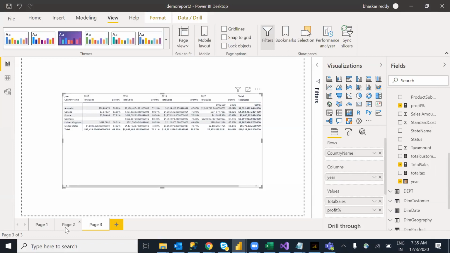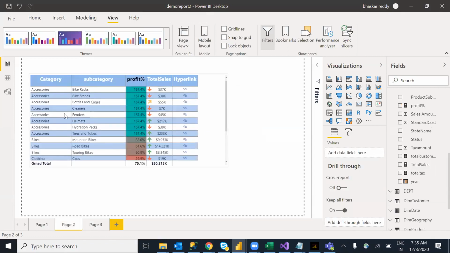But in a table we can display our data only row wise. You can't display it column wise. Just the column names will come over here. That is the main difference. Recently, in one of the interviews I gave, they also asked, what is the difference between table and a matrix? In a table, we can display data only row wise.